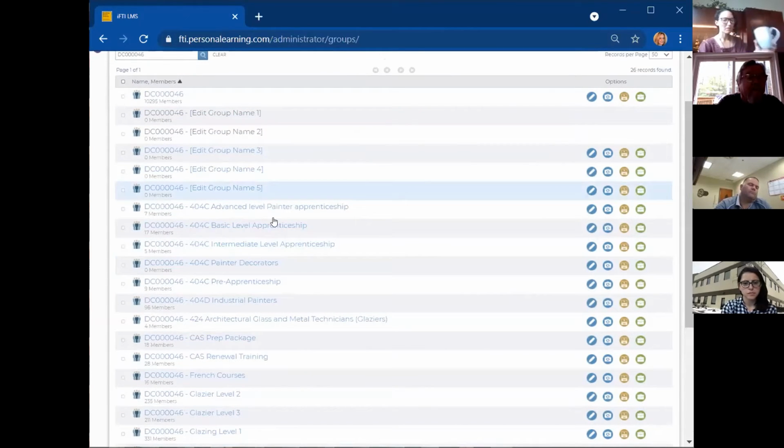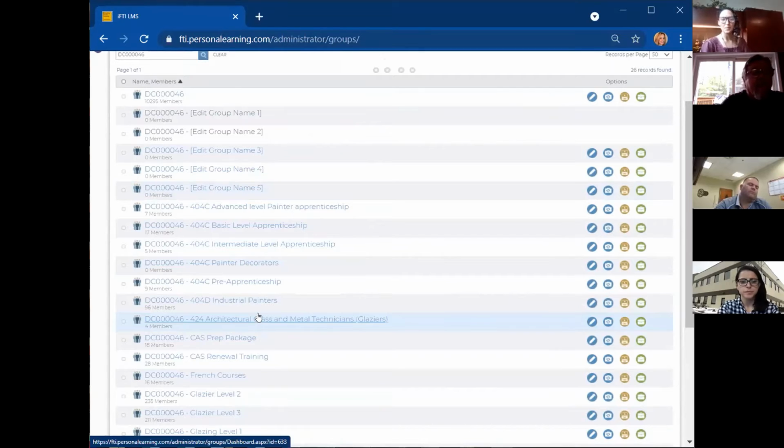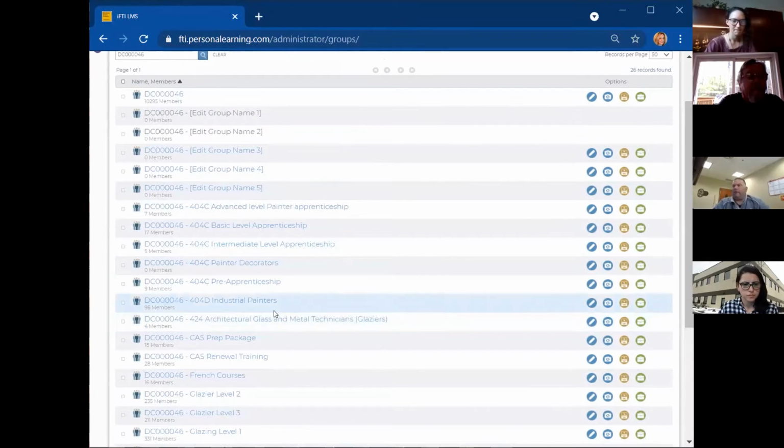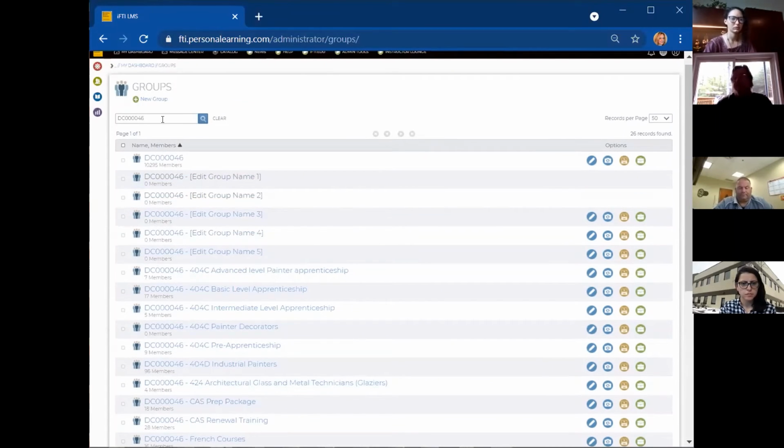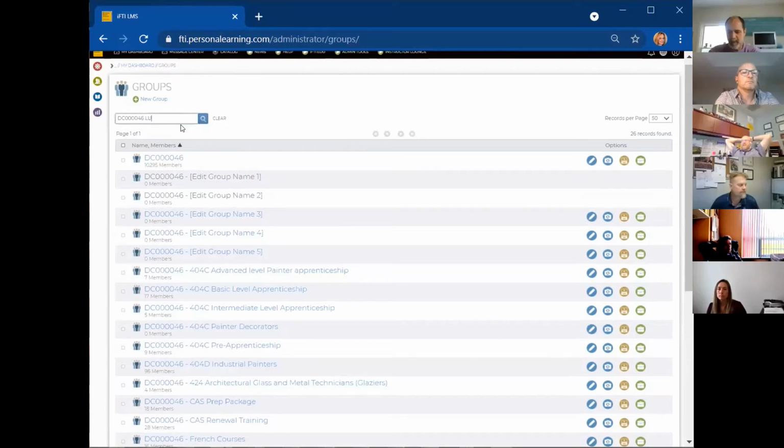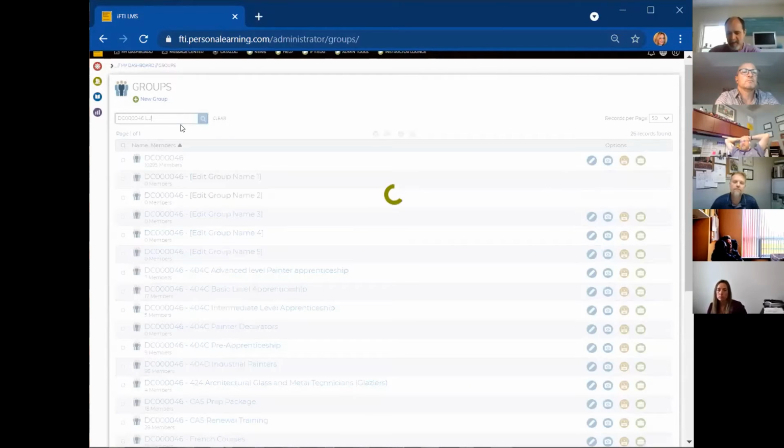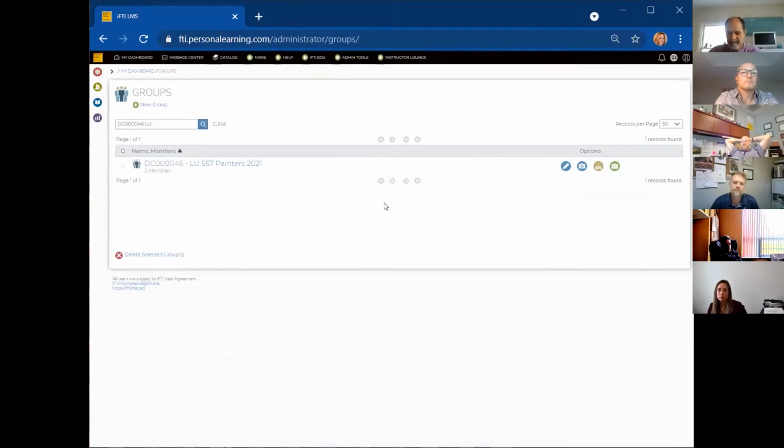So as you see, these groups are assigned to you. You can't really add other people to the group. You won't be able to manage them, so they have to be within your district council. If you want to take a look at one of the groups, I'm going to add a little qualifier so I can find it faster.